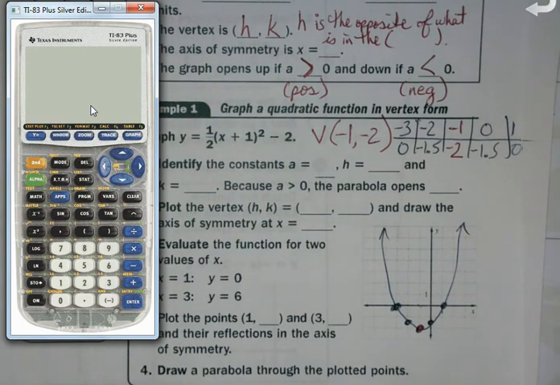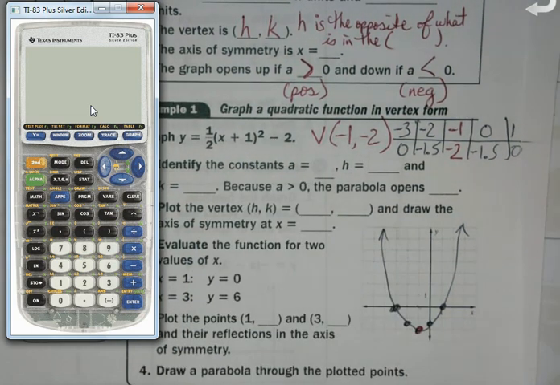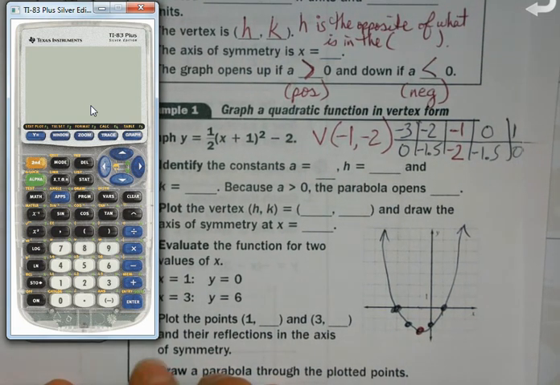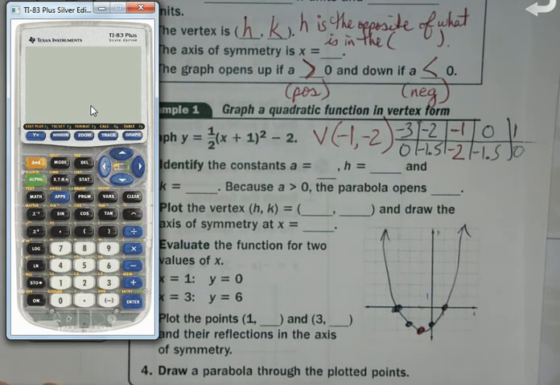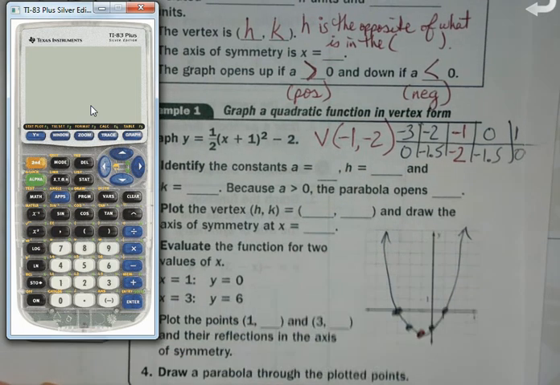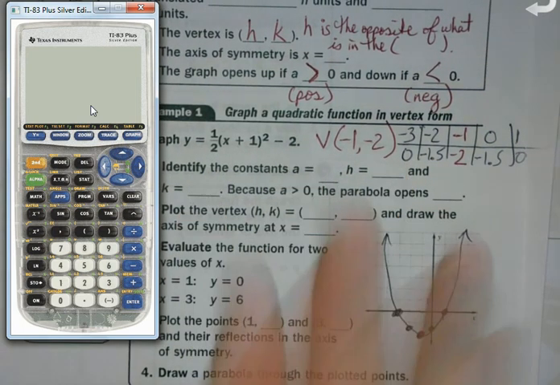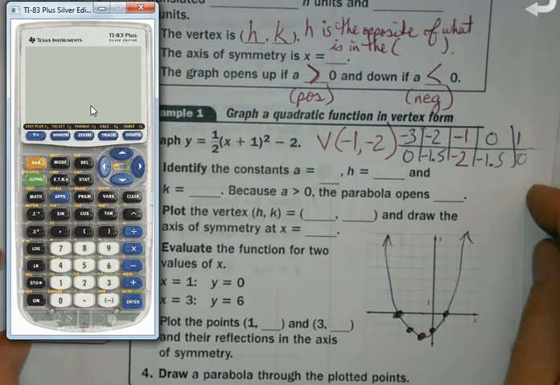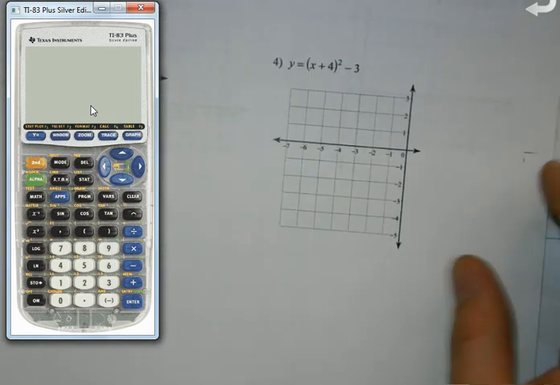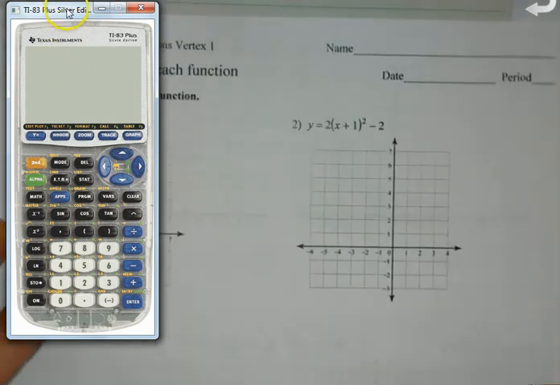So the only difference with this stuff versus what we've been doing is, now instead of figuring out the vertex, I just steal it right from the equation. Otherwise, I type it in the calculator, I go about my business. This note sheet you'll want to keep somewhere safe because we will come back and do some intercept form stuff later next week. But for now, we're just keeping it simple. So, we're going to put this off to the side. And the worksheet that goes along with this,